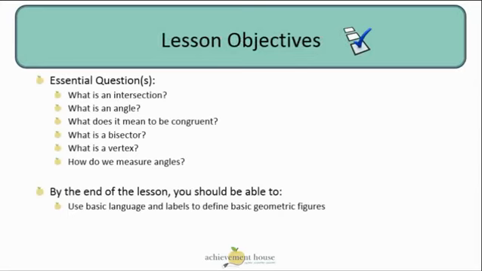Here are some of the essential questions for this lesson. What is an intersection? What is an angle? And what does it mean to be congruent? What is a bisector? What is a vertex? And how do we measure angles? By the end of the lesson, you should be able to use basic language and labels to define basic geometric figures. So we're basically just going to build off of what we already know to understand some newer concepts of